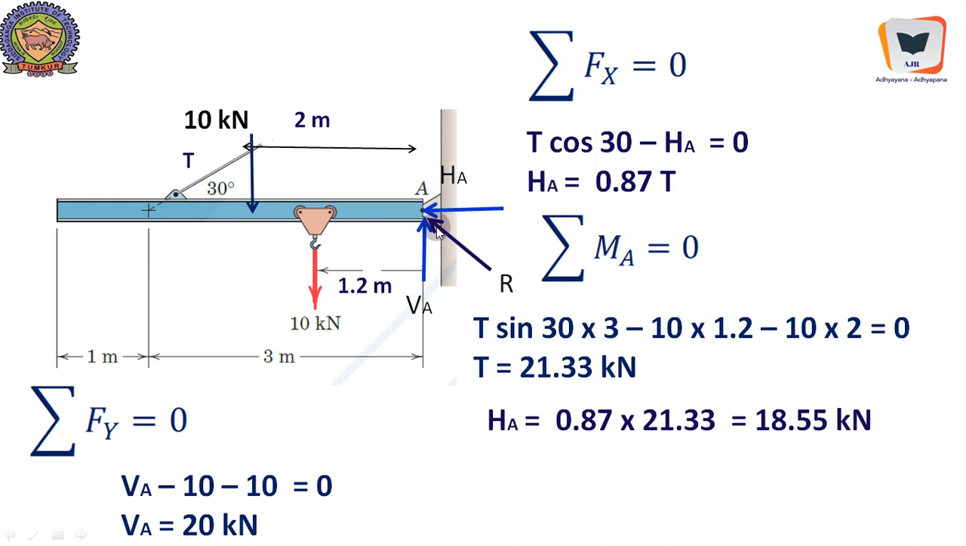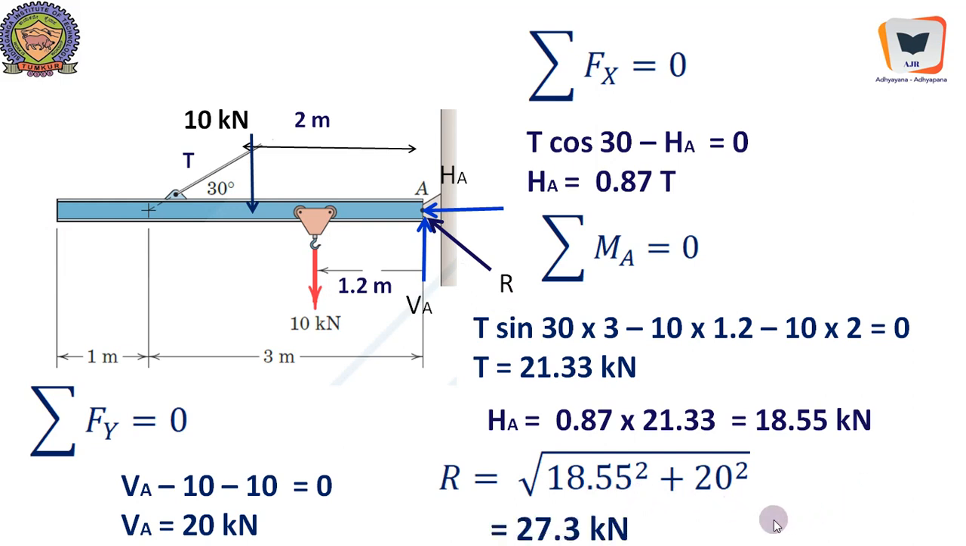Now we need to find out R. R is nothing but square root of HA square plus VA square. Because this forms a concurrent force system representing equilibrium, this is the equilibrium in horizontal direction, this is the equilibrium in vertical direction, and this is the resultant equilibrium. That is the equilibrium which will hold this system in equilibrium. So R equal to 18.55 square plus 20 square, that's equal to 27.3 kilonewton. So if at all we need to design this hinge over here, we need to design for this force,